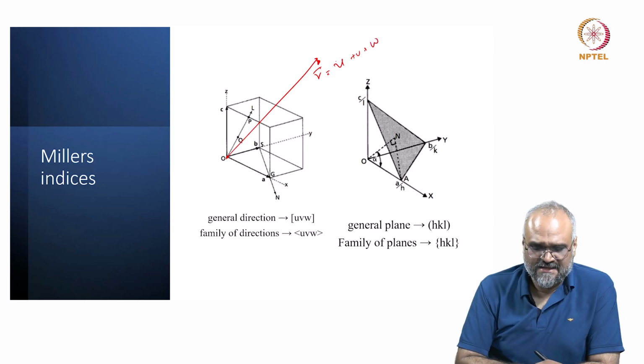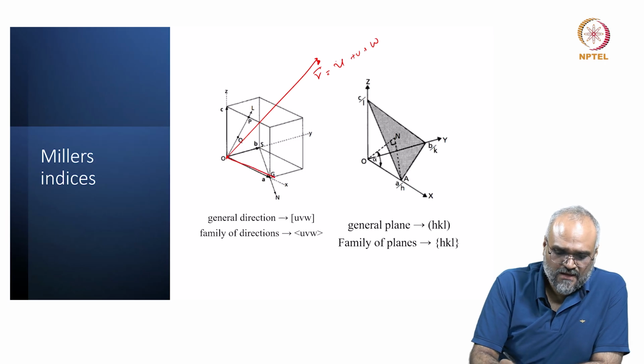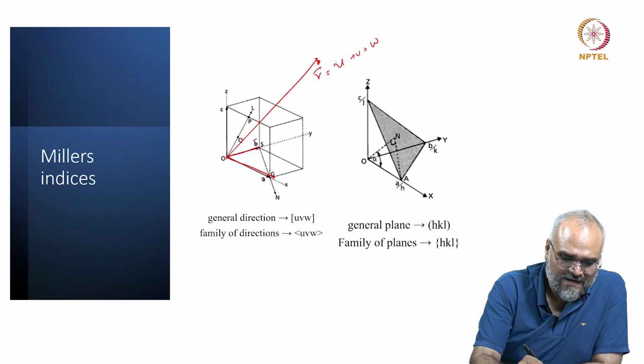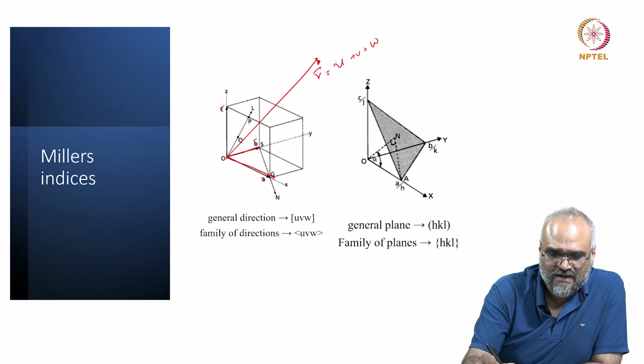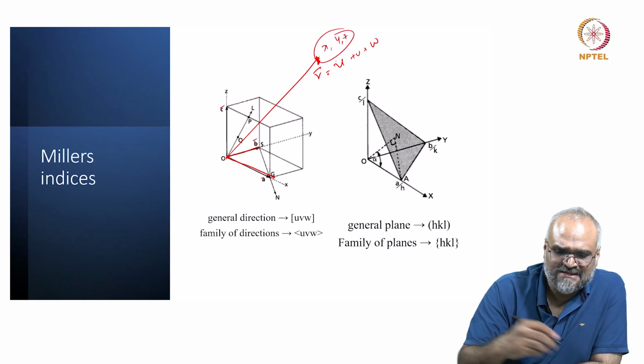Essentially, if I think of the unit vectors being a bar, b bar and c bar here, for any point which is randomly positioned at a distance, say x, y and z in 3-dimensional axis,